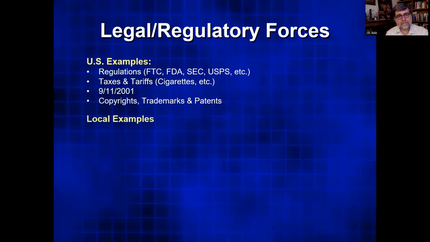So there are local examples, blue laws. These usually pertain to not selling alcohol or other things on the Sabbath, usually Sunday. For instance, in the state of New Jersey, you're not allowed to sell automobiles on Sunday. So all the automobile dealerships are closed on Sunday. And I actually spoke to somebody who worked at a dealership, and they said, thank God they have that. Otherwise, I'd be working Sundays too.